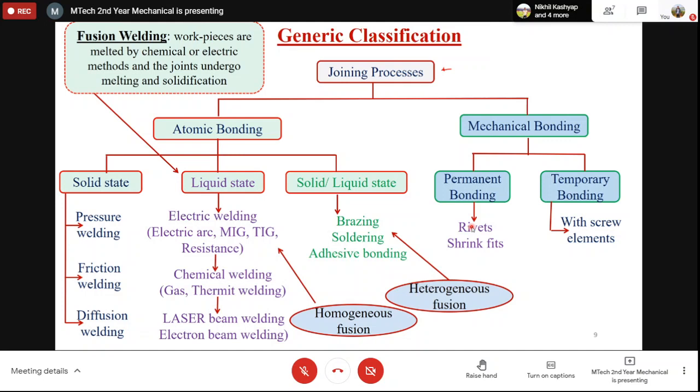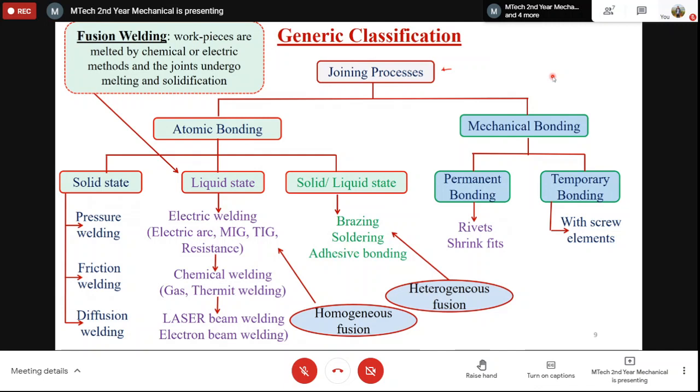You just heat the outer part. Let's say a wheel with a hole is there and a shaft is there, and the shaft is a little bit larger in diameter with respect to the hole. So what we will do, we'll heat the hole to expand it. Then we'll insert the shaft inside the hole and allow the wheel to cool. It will create a shrink fit. That type of fit becomes a permanent fit. If you want to remove the force fit or shrink fit, then you have to break the bond.